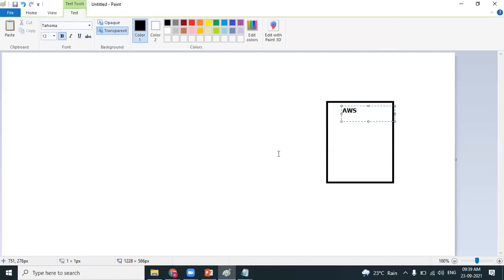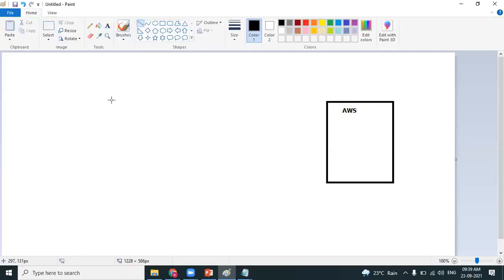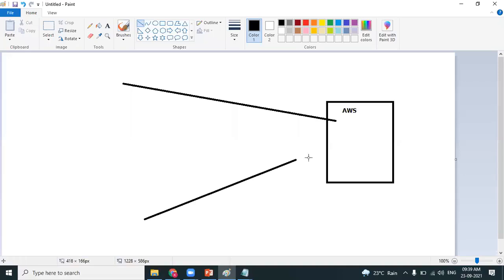In how many ways can you connect to an AWS account? In the interview, they may ask you in how many ways you can connect to an AWS account and manage services like EC2, in how many ways you can create EC2 machines, and how many ways you can create S3 buckets and all those. This question looks typical. Frankly speaking, we know only one way of connecting to AWS.